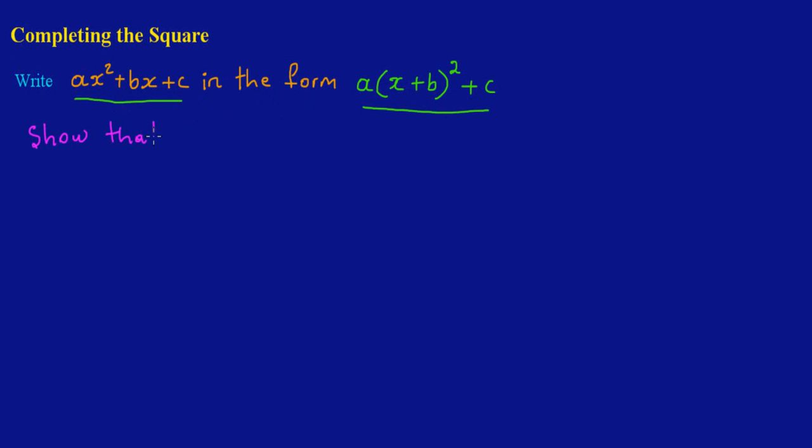that ax squared plus bx plus c is equivalent, and these three strokes mean equivalent to, a open bracket x plus b all squared plus c. So these are two ways. This is number one, they could ask us to show that, or number two, the question could ask in another way. I just want you to be familiar with any way that they ask the question,